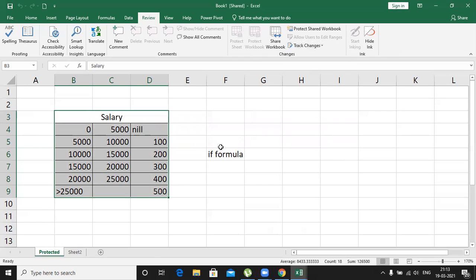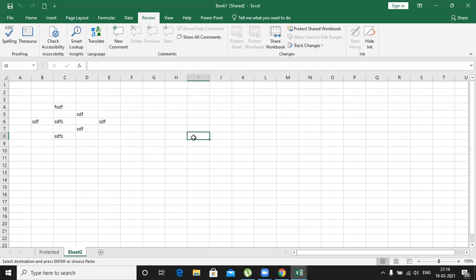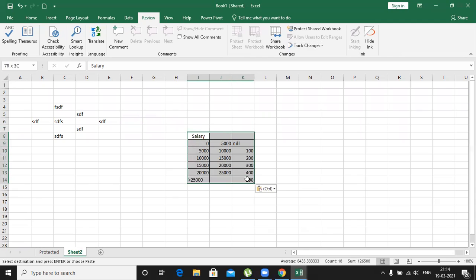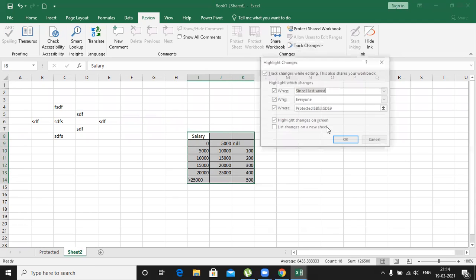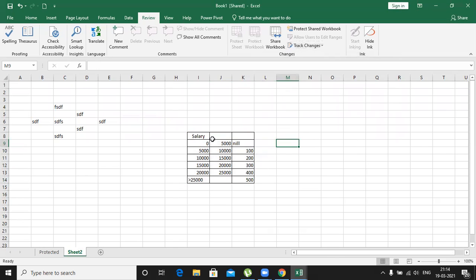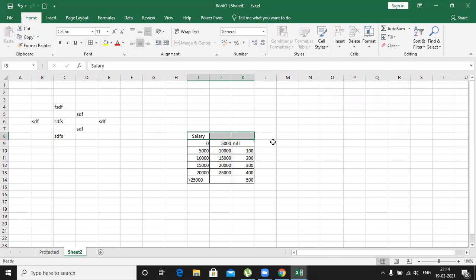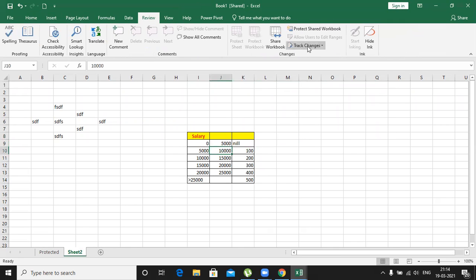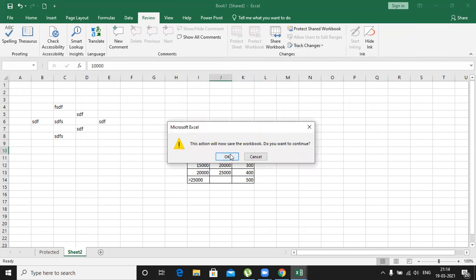Now take the same for the next sheet wherever you want and apply it. And here I'll take all. So now everything is running. Select and do whatever changes you would like to have, for example bold and apply some colors, etc. And next come back, review, track changes, and reject the changes if you want.